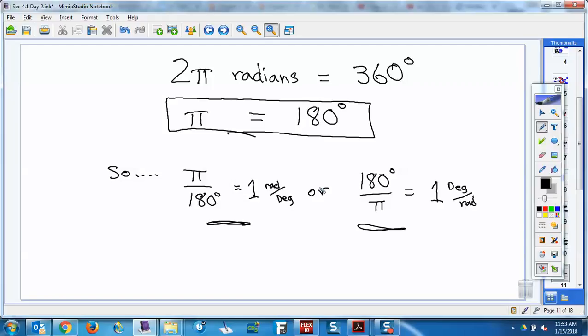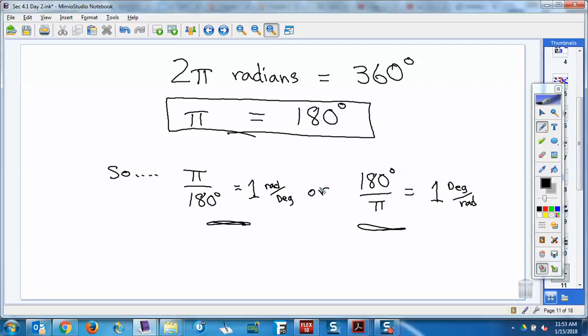Okay? Just divide both sides by 2. So this is the one that I always remember. If I'm converting back and forth, I always just keep in my head, okay, pi is equal to 180 degrees. Now yes, pi is still also equal to 3.14, but that's just another name for pi radians is 3.14